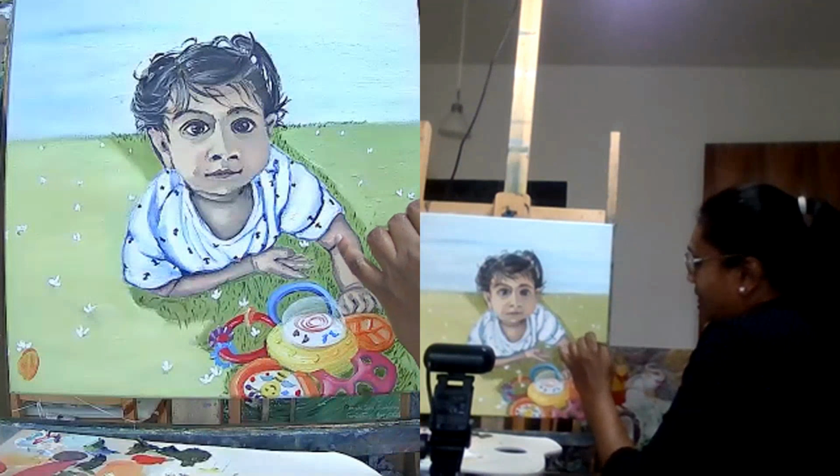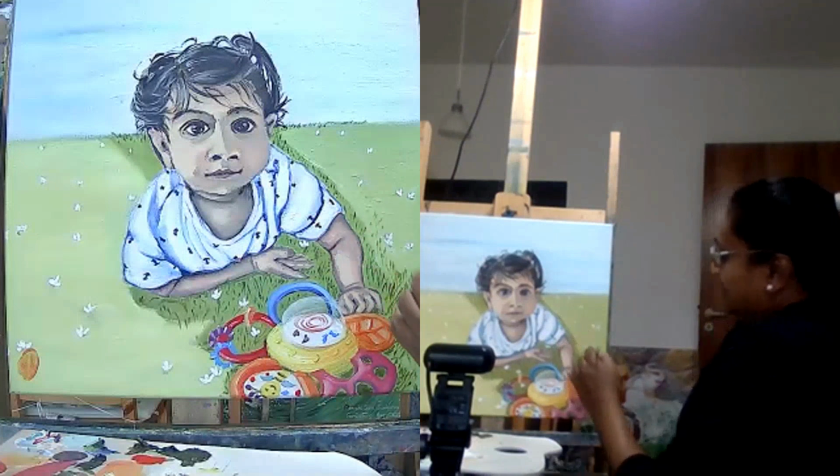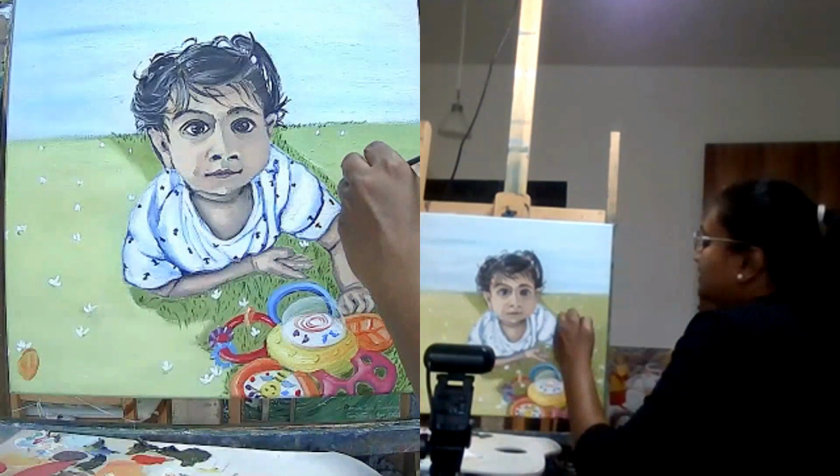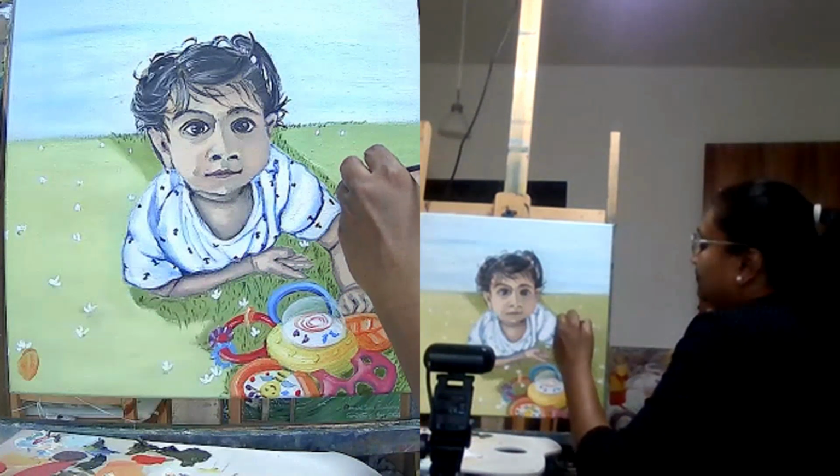So yes, we are going to go about the whole expanse like this. But when we go up, what are we doing? As small as possible then.